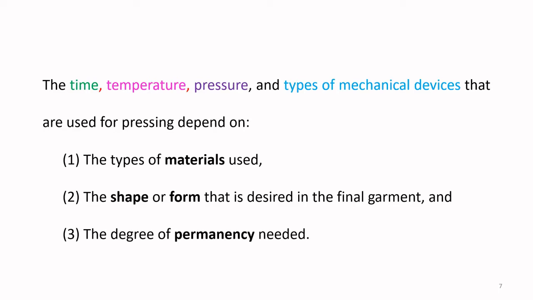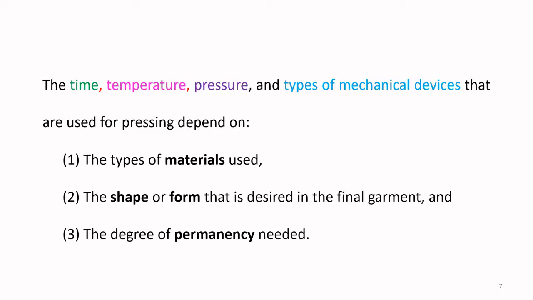If you need a permanent creasing or a permanent press, which is possible only in the case of thermoplastic fibers, like polyesters or nylons, in those cases the time, temperature, and pressure will be high, and the mechanical device is also going to be heavy duty,